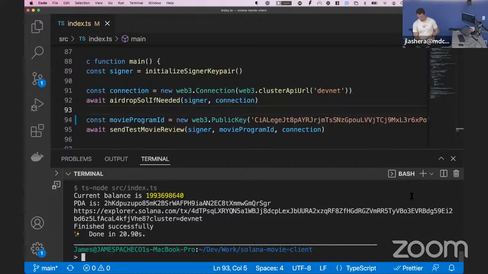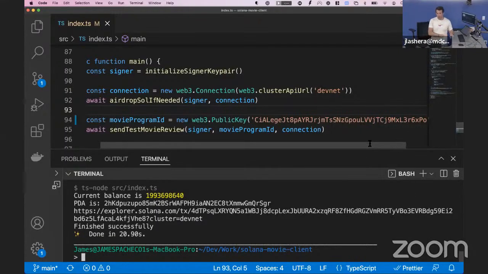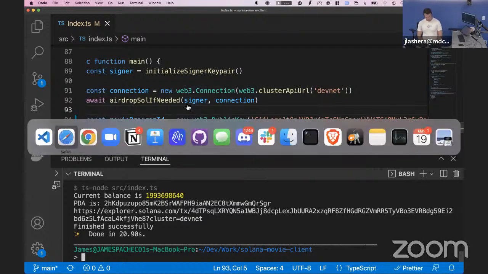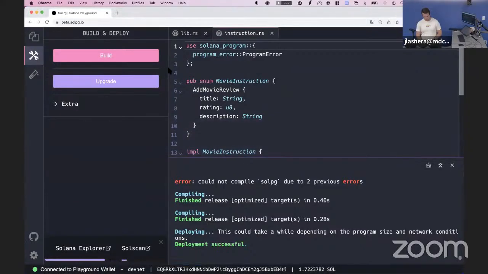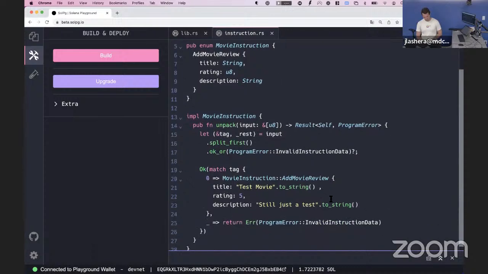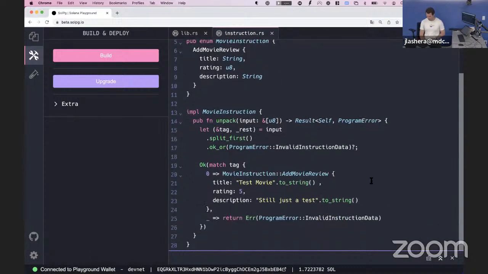So now what we want to do is move away from test data that I hard coded and get the actual data in there. Okay, the actual transaction data. So let's go ahead and do that. This is where things get wild. In a good way, always in a good way. So what we're going to do